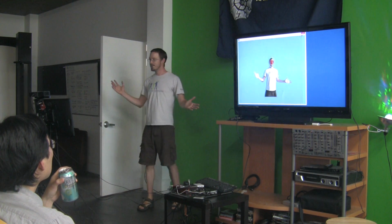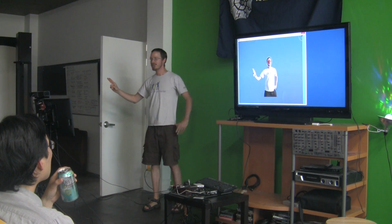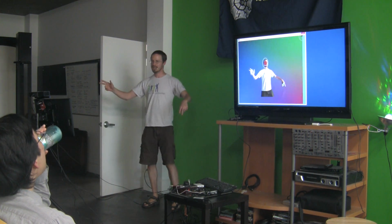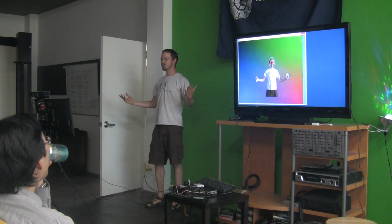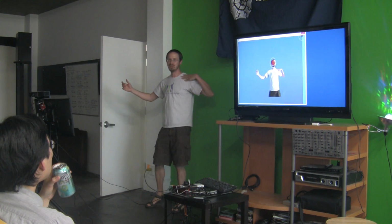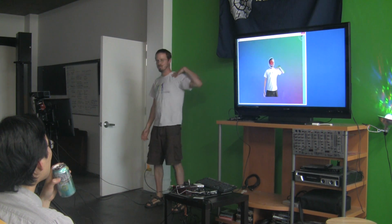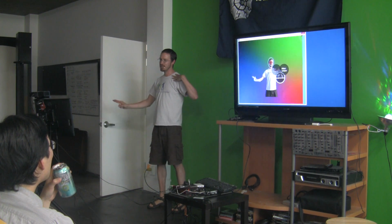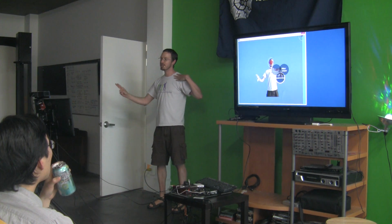So anyway, the fist is like left-clicking, and pointing is like right-clicking. And then what about, if you're doing Adobe Illustrator, you're an expert user. You've got shift right-click and shift left-click. So I needed some kind of richer gesture space. So what I did was I made it so the other hand is kind of like the shift or control key in a way. And so you put your hand on your shoulder, you see the word shoulder sticking on that arm, so you can tell that it recognizes where your hand is. And then you point, and you get a different pop-up menu